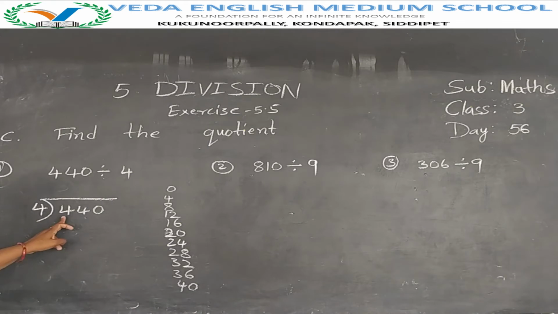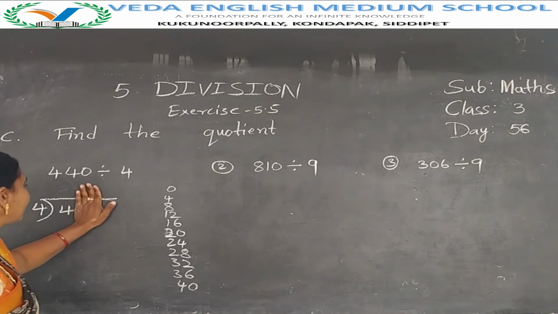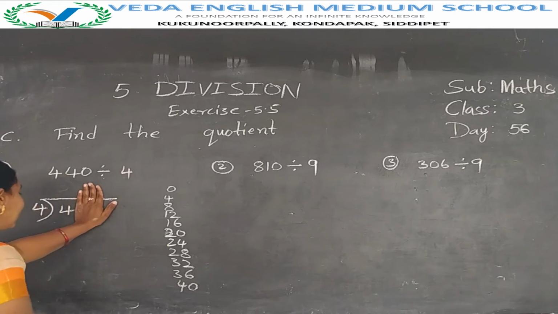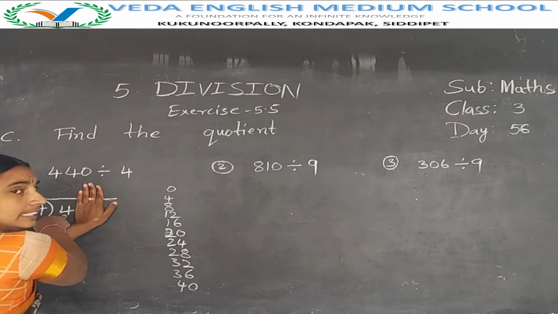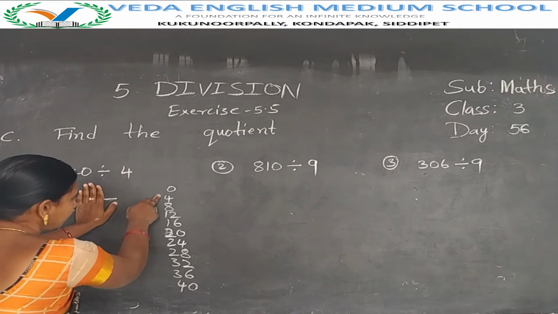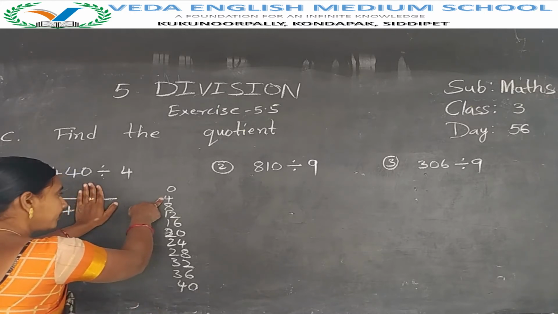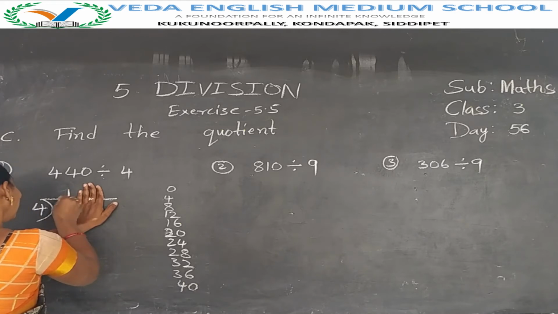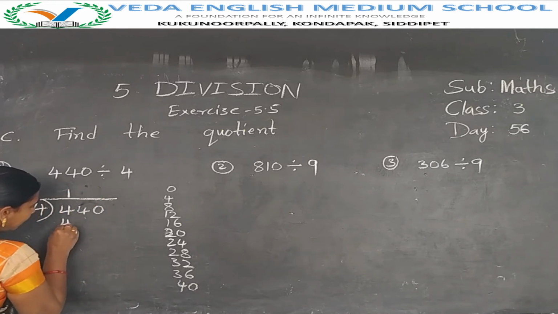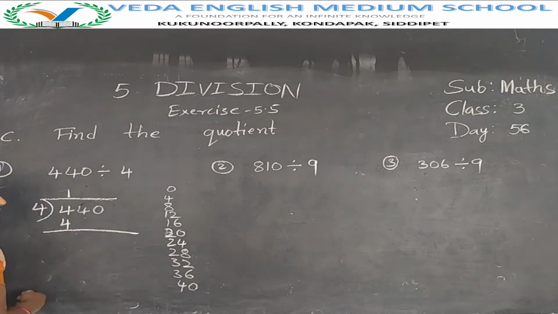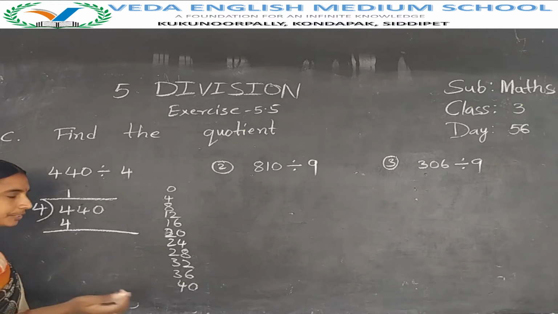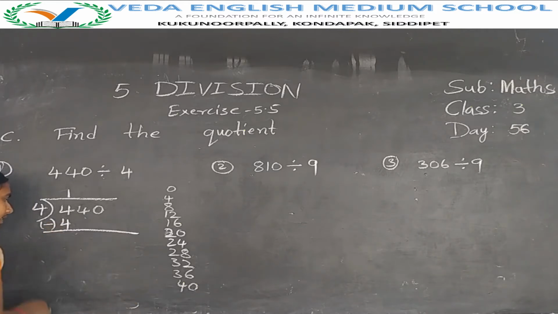See Nana, here given 3 digit number. But you now take only 1 digit. Okay, that is the first digit. First digit here 4. So here 4, find out in this table. 1 time 4 is the 4. So 1 time 4 is 4. Now already know. Next step is the subtraction. So now I write here the subtraction symbol.